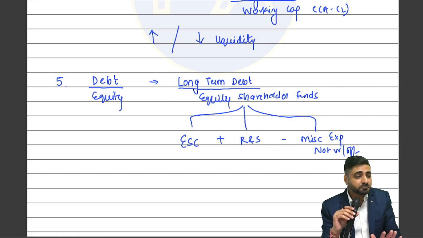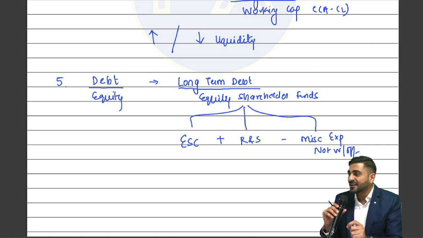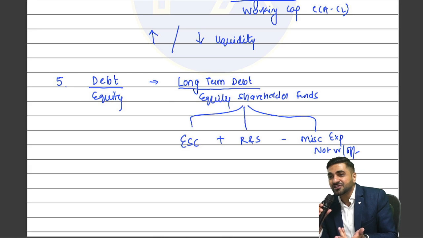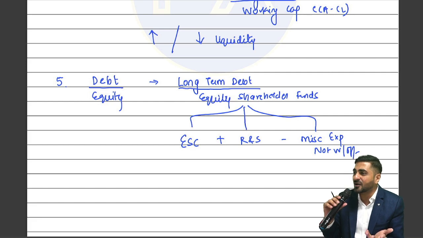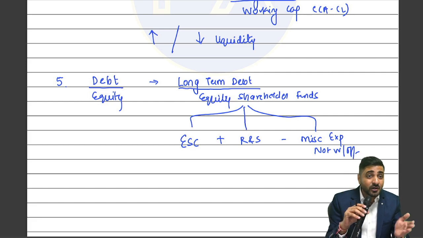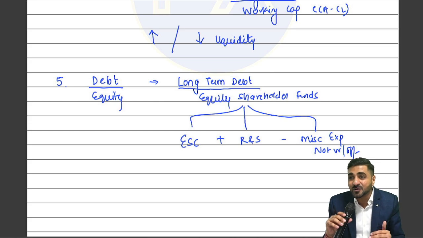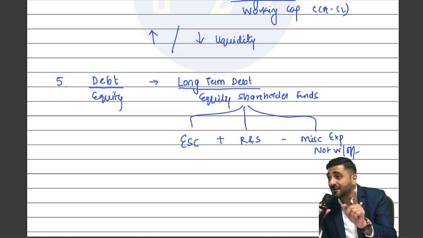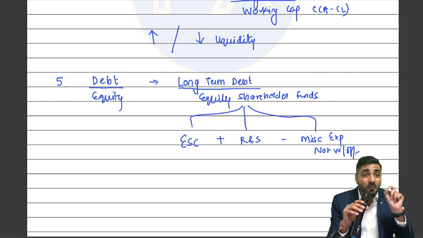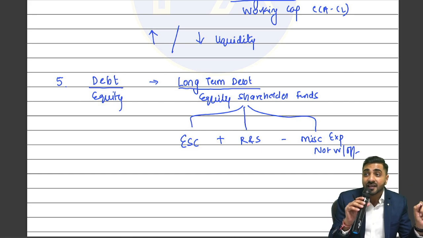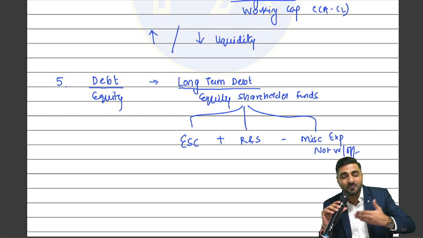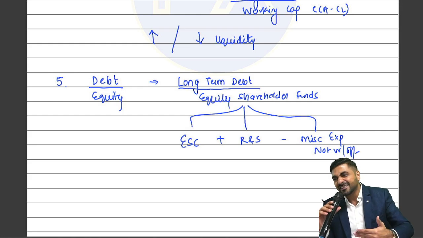Yes, sir. Okay. Now, should this ratio be higher the better, or lower? What do you think? Debt equity ratio. This should be lower the better, as this helps you to understand the financial risk in a particular company. If this ratio is high, what does it indicate? That you are taking more and more debt in the capital structure, right? And when you keep on taking more and more debt in the capital structure, then can I say the financial leverage of the company also increases, right?